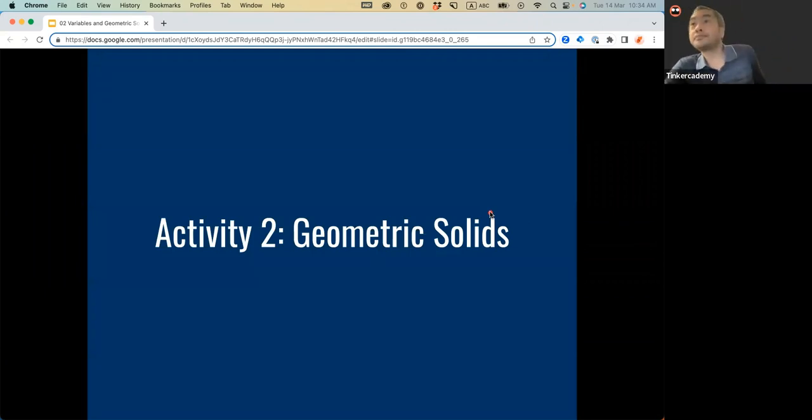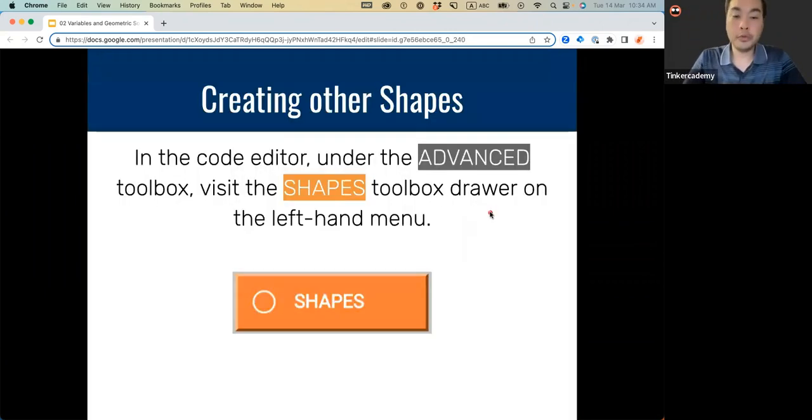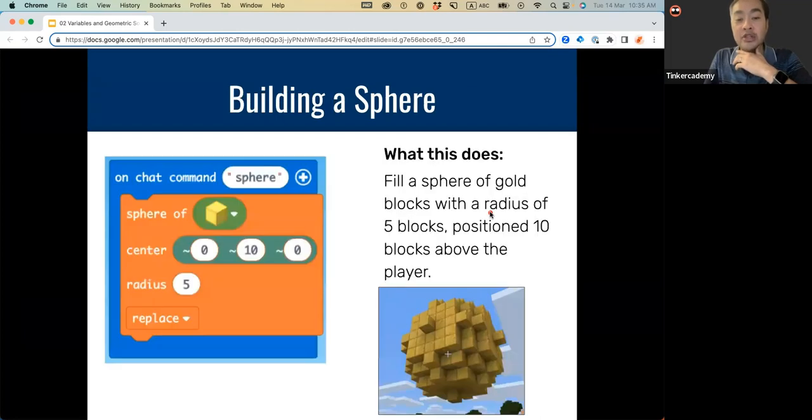Okay, so we've just gone through loops. Geometric shapes. We're going to build some basic geometric shapes, and we can use the shapes blocks to do that. It's under the advanced toolbox, under advanced. So that's where the shapes toolbox is located. In this example, we're actually using a chat command sphere so that you can build a sphere